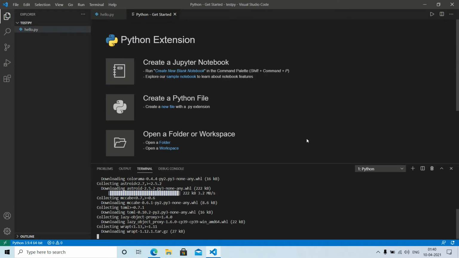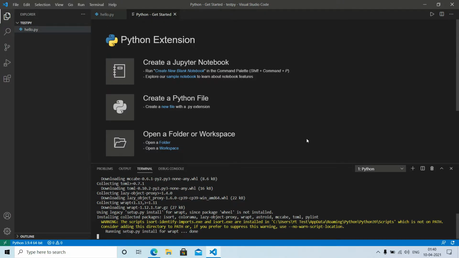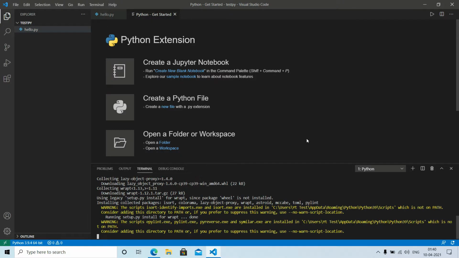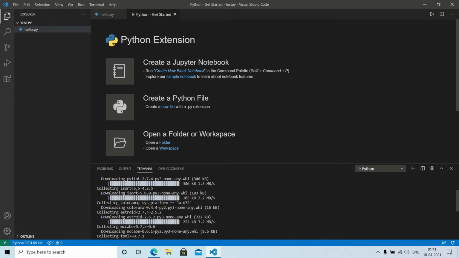Okay, it is getting installed. So Pylint is successfully installed.